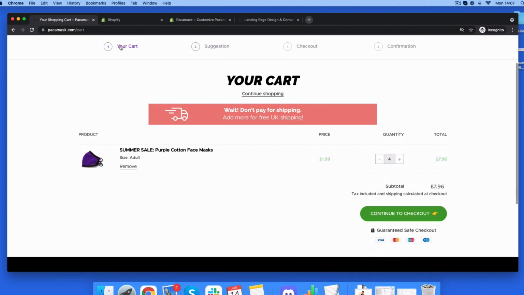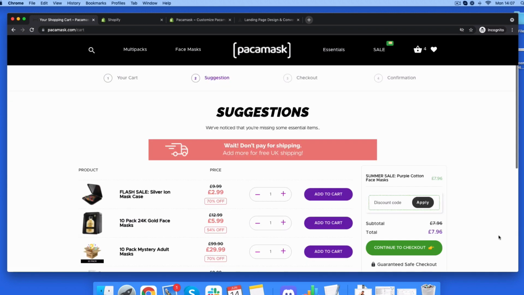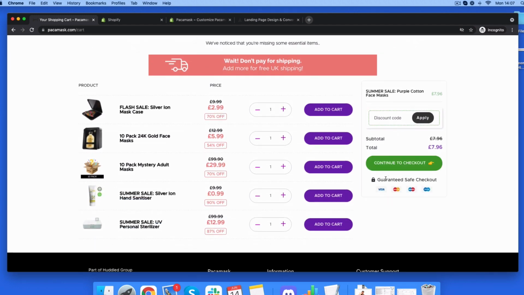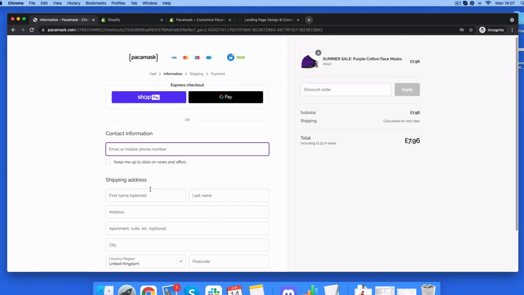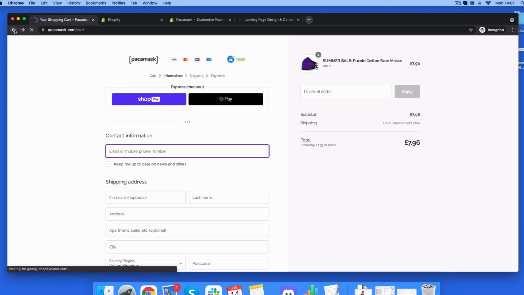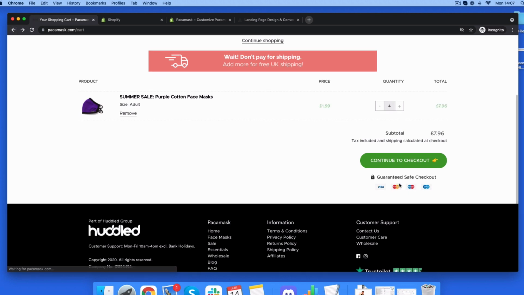So again, we're on step 1, your cart, continue to checkout, consistent messaging with the fonts, the buttons, the colors. But look again, we have this again, continue to safe checkout with the buttons. We then go to the suggestion wall. It's exactly the same. Guarantee safe checkout with the buttons. Okay, and it goes on throughout the funnel. So just adding, and again, it's a silly tip. Takes you 5 minutes, but it will